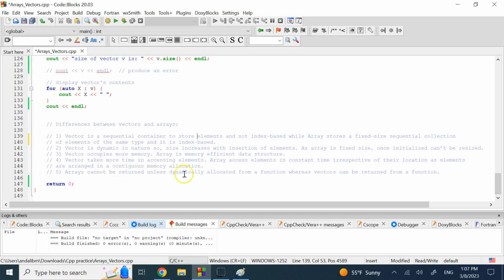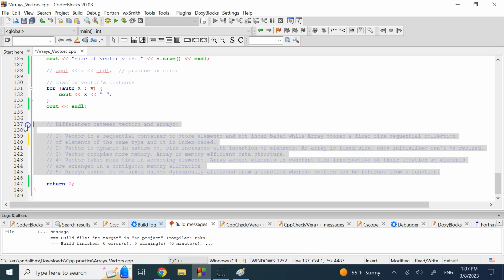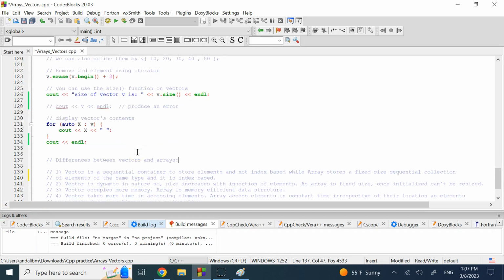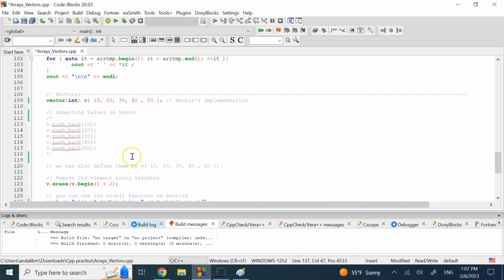Arrays cannot be returned unless dynamically allocated, while vectors can easily be returned from a function. And as I said, when I get to the functions lecture, I'll show you how to pass a vector to a function and return it from a function. But for arrays, you cannot do that. So these are important